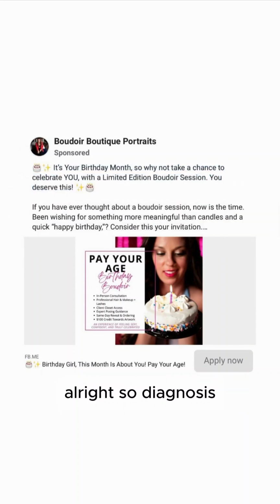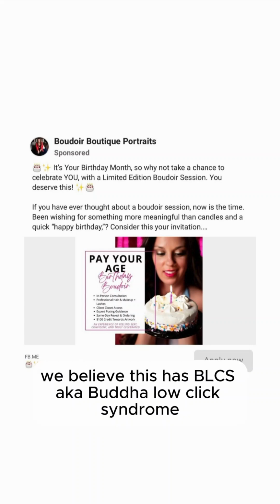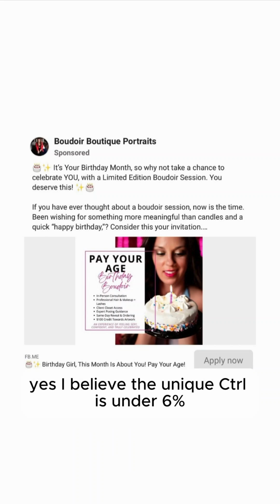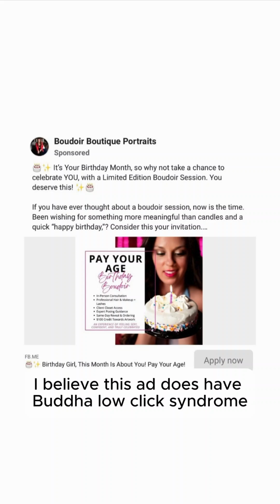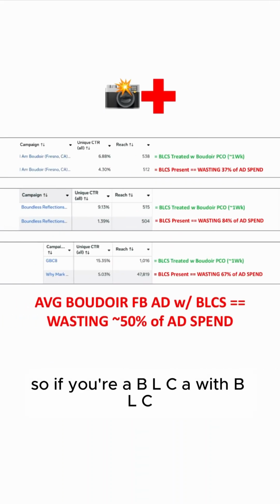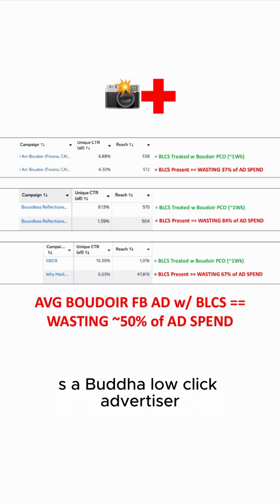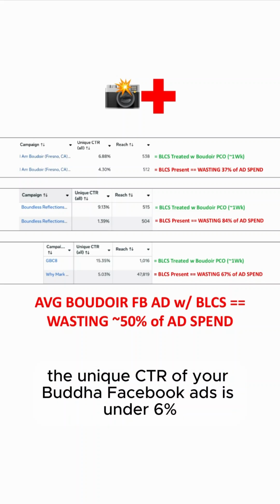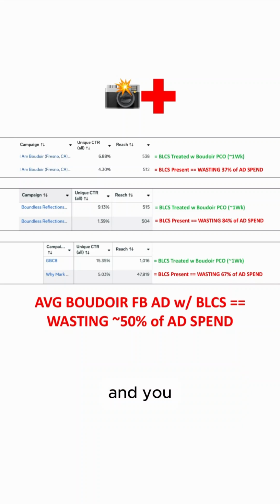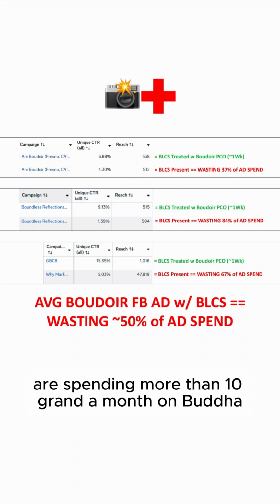All right, so diagnosis: do we believe this has BLCS, aka Boudoir low click syndrome? Yes, I believe the unique CTR is under 6%. Therefore, I believe this ad does have Boudoir low click syndrome. So if you're a BLCA with BLCS, a Boudoir low click advertiser with Boudoir low click syndrome, the unique CTR of your Boudoir Facebook ad is under 6%, and you are spending more than 10 grand a month on Boudoir Facebook ads,